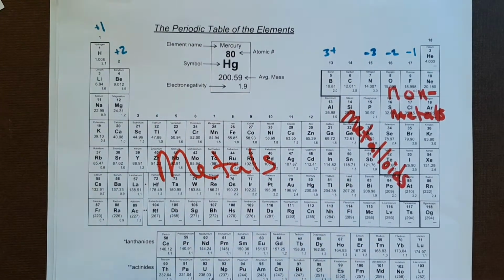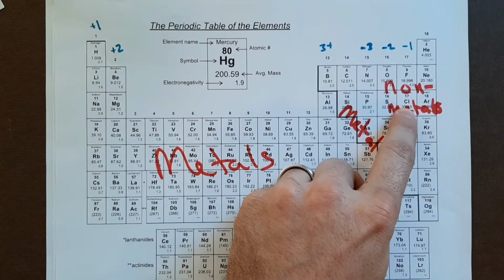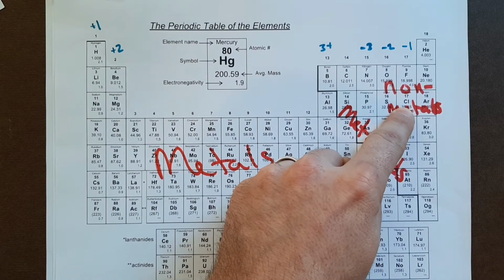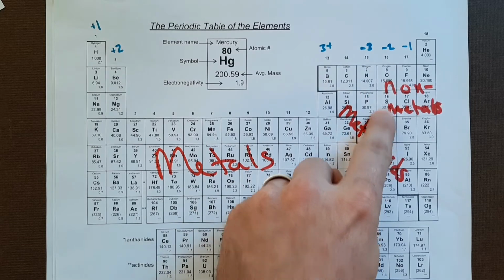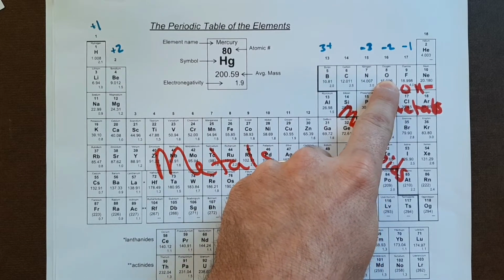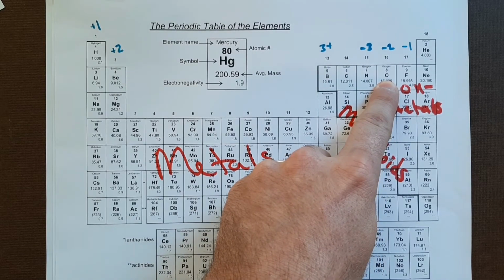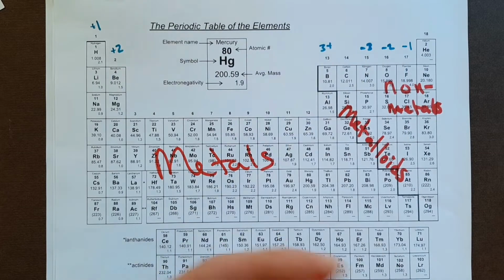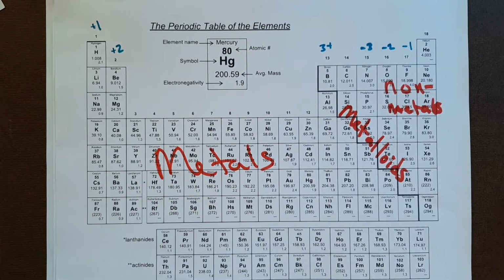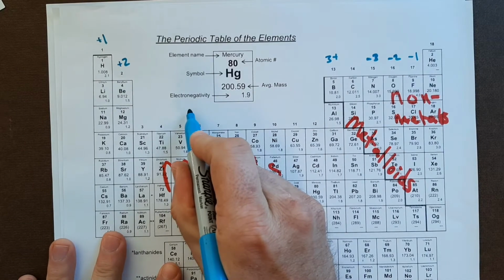And again, that's just like what we saw in the previous video. Chlorine wants to gain 1 electron, so that 1 extra electron gives it a negative charge. These things, like oxygen, have 6 outer shell electrons, so they want to gain 2 electrons. Those 2 extra electrons are negatively charged, so they give it a negative 2 overall, etc. So that's basically it. There's one big thing I didn't mention here in the middle,